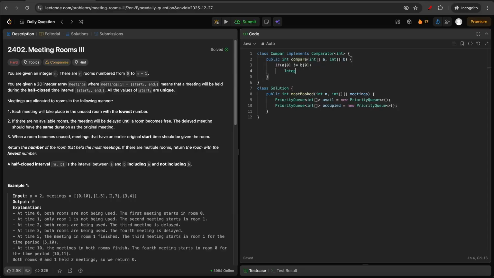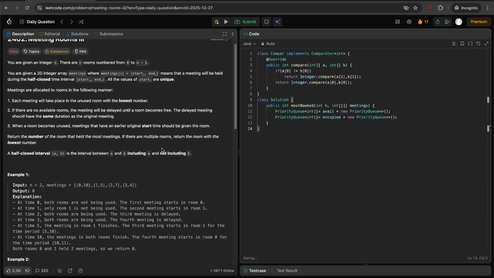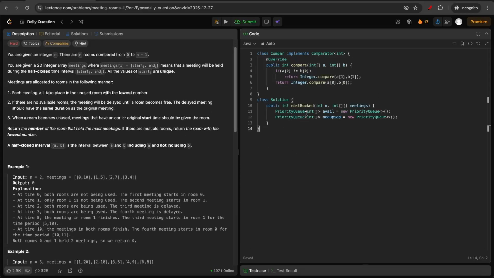So we just return Integer.compare of a of 1 comma b of 1, and if the start time is differing, then we can simply compare it based on the start time itself. So we just return Integer.compare a of 0 and b of 0. Also, one thing I forgot to mention, in the priority queue, we are storing the end time and the